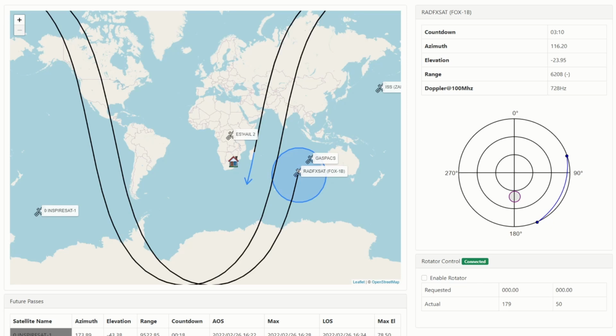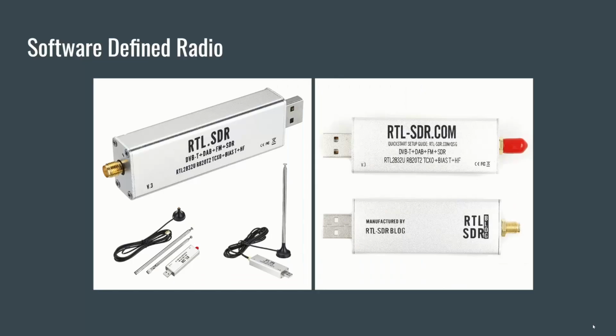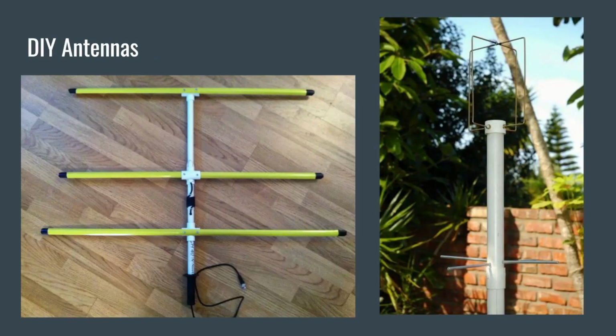So now we know where the satellite is, and we want to try and get some information from it. Depending on the functionality of the satellite, it can transmit anything from a Morse code beacon to telemetry, information, pictures and more. The simplest hardware requirements to receive a signal from a satellite is to have a radio device hooked up to a computer and an antenna for that specific frequencies. For the radio side, we are using a simple software-defined radio dongle. This is a small USB dongle that looks like a memory stick, but it also has a connector on it for attaching an antenna.